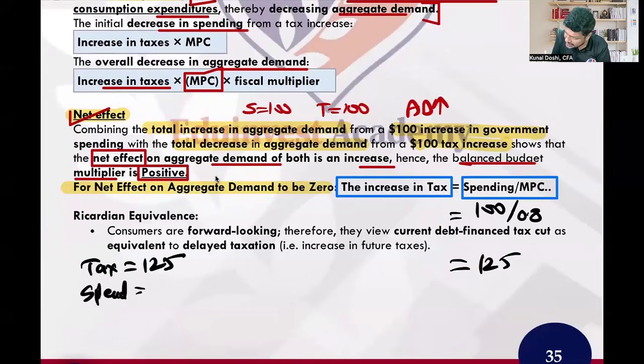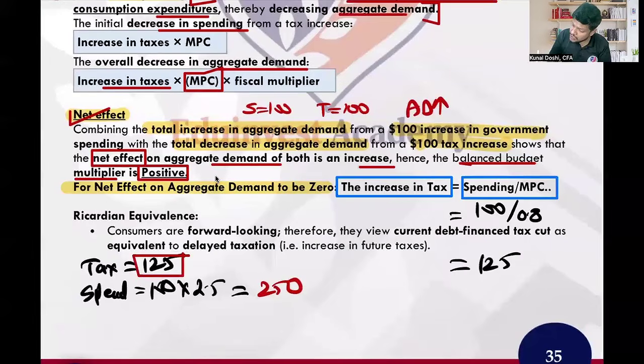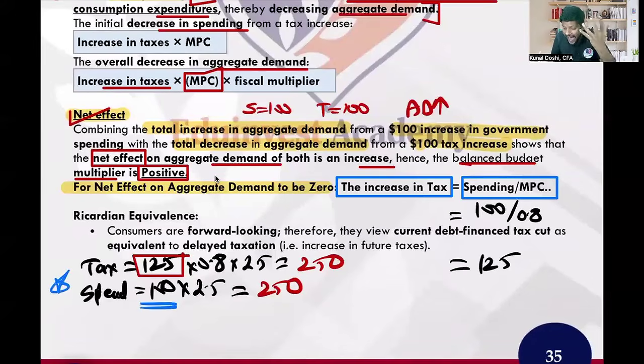So guys, if I charge the economy a tax of 125, and on the opposite side the spending is 100, then 100 times 2.5, the aggregate demand will increase by 250, correct? And taxes times the marginal propensity to consume times the multiplier will also become 250. Check it. 125 times 0.8 times 2.5 becomes 250. So basically the government very smartly can spend $100 billion and collect $125 billion. Still the aggregate demand is balanced.